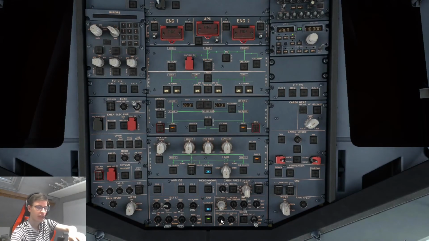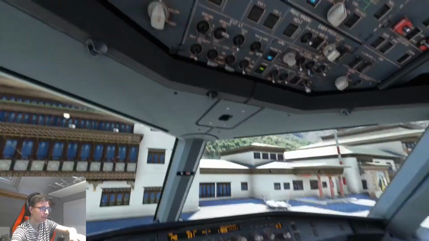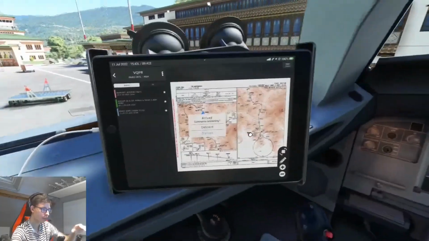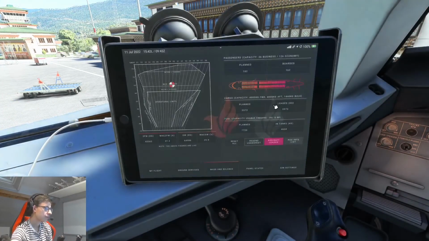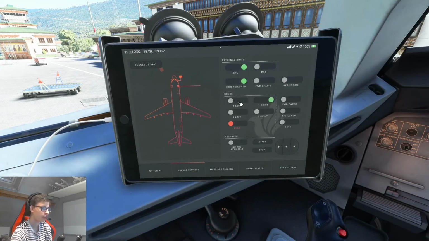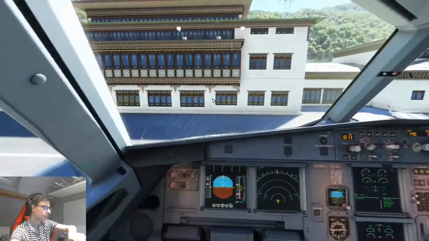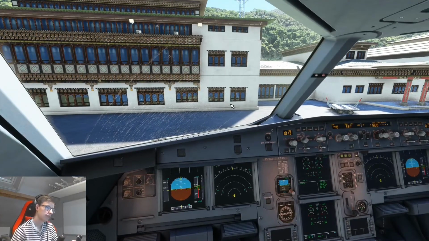So hopefully I didn't scare the passengers away from flying with this approach, but yeah, they can go ahead and get their things ready and then leave the aircraft. Can deboard. Go ahead and give them some stairs as well, because for some reason that isn't done automatically. But yeah, so that's going to be it for this video, guys. I did forget to record the landing for the replay, but yeah, the landing wasn't really